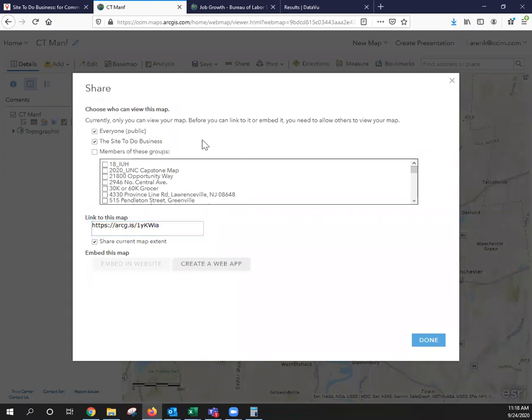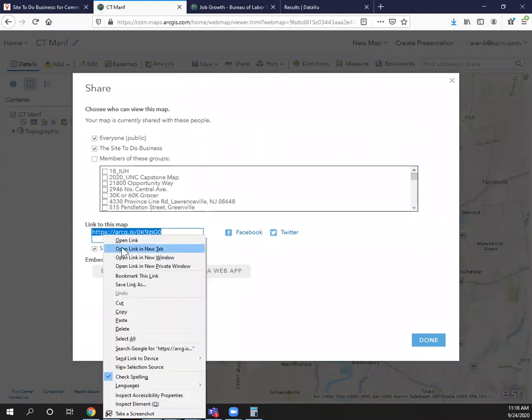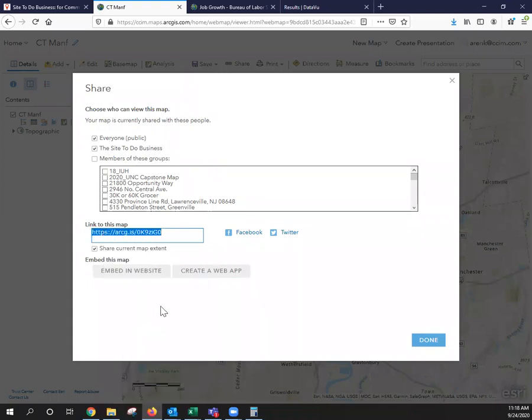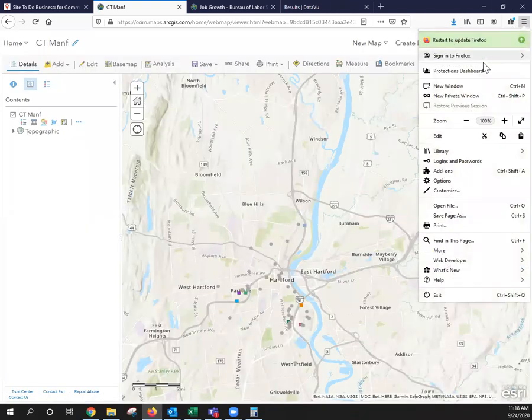Publicly means that anyone can see it. They don't even need an account. So I can hit public, which will automatically check Sites to Business as well. And you can see I can get this link. So if I go ahead and hit copy link and done, I can open up